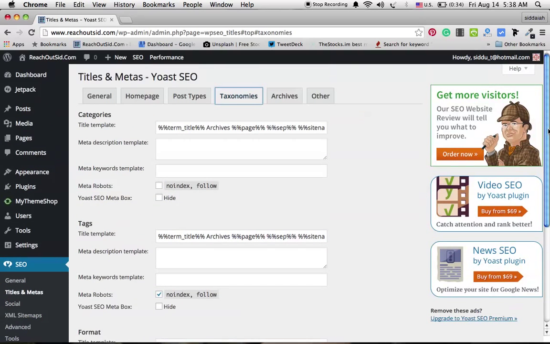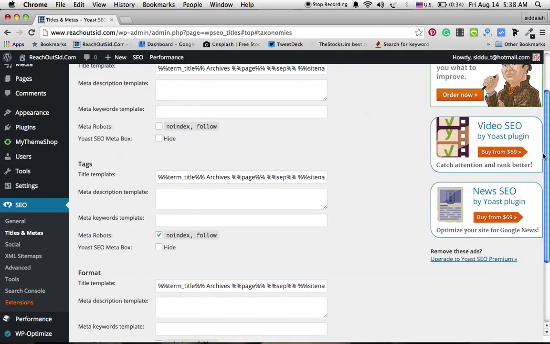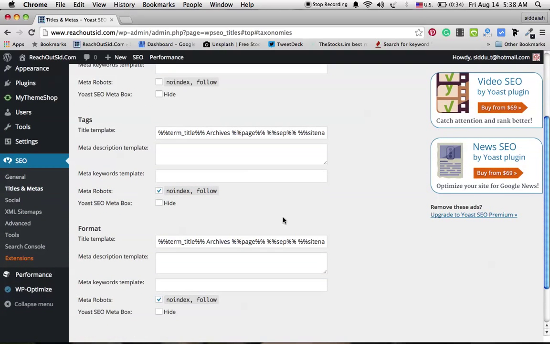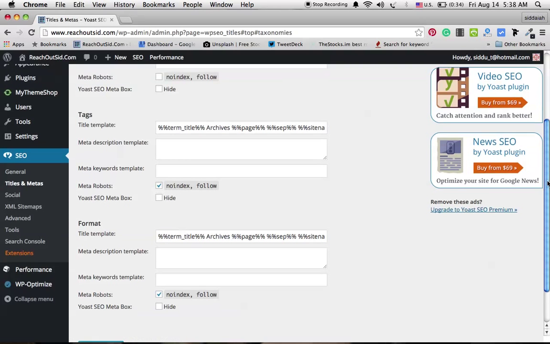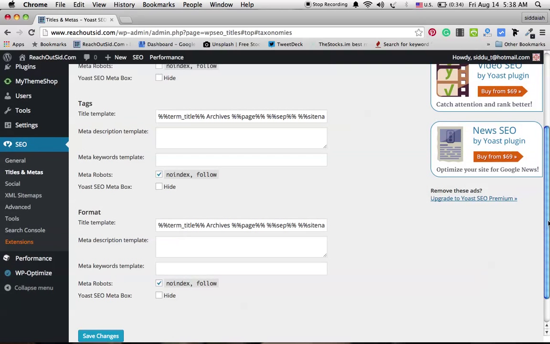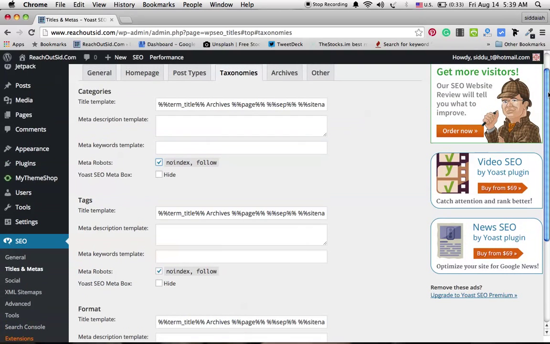So keep all the categories. I kept categories as index and follow, and you can keep this as no index and follow. Tags are recommended to keep as no index and follow, and meta robots you can keep no index and follow. I am clicking no index and follow for categories also. Here we have to